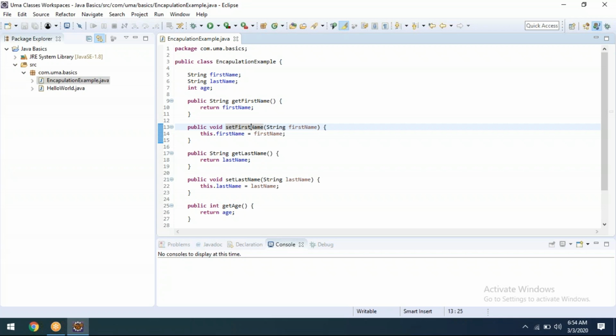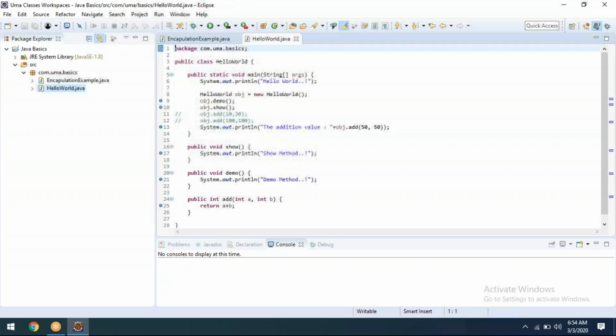And the hello world program we created is also one kind of encapsulation. Any class in Java is nothing but a single class, and a single class is nothing but encapsulation, nothing much. Hope this is clear.